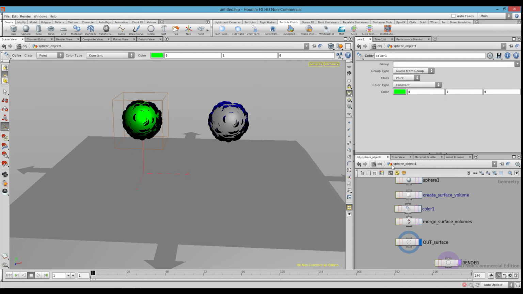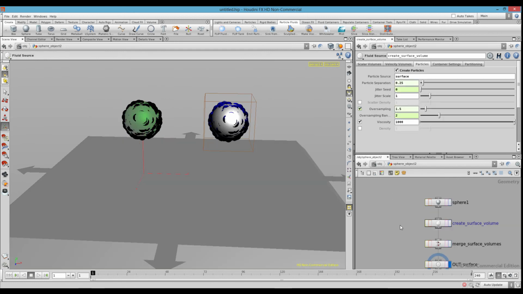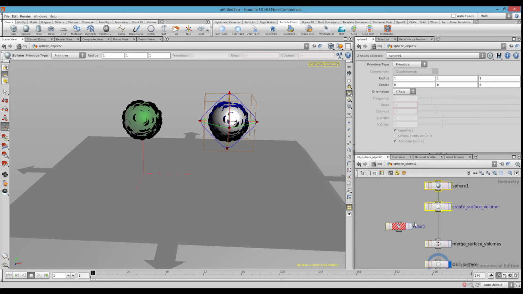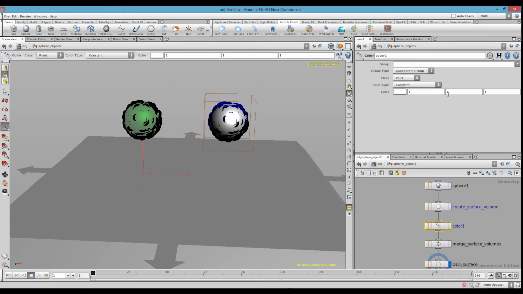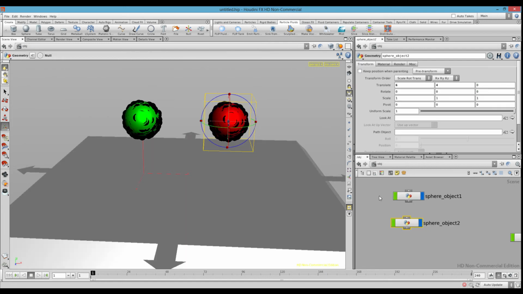Let's make this green. Let's make this red. And if I play the animation now,